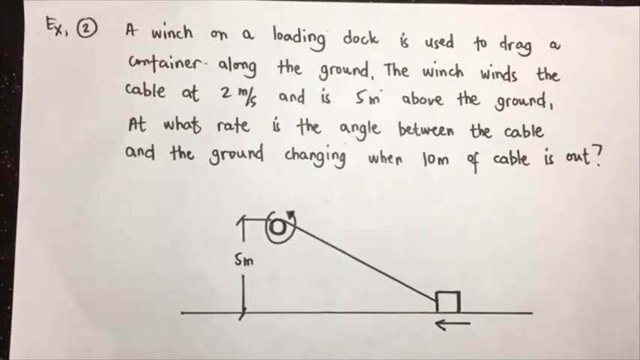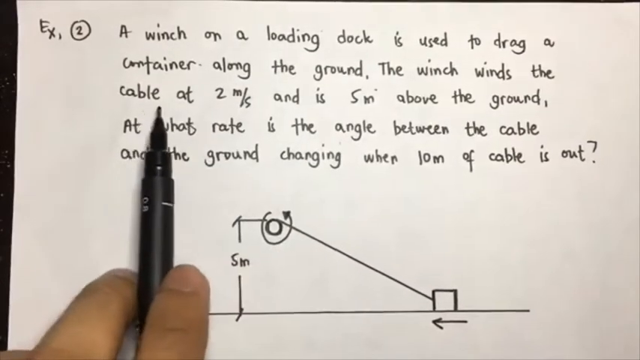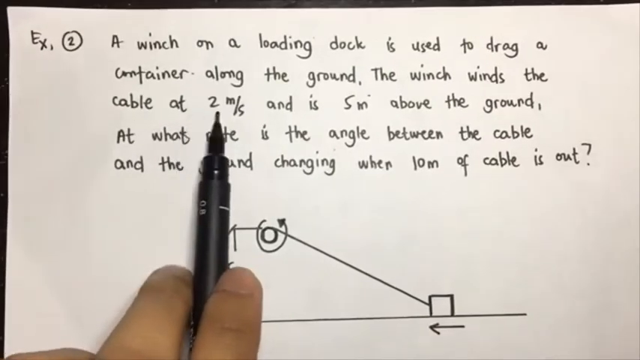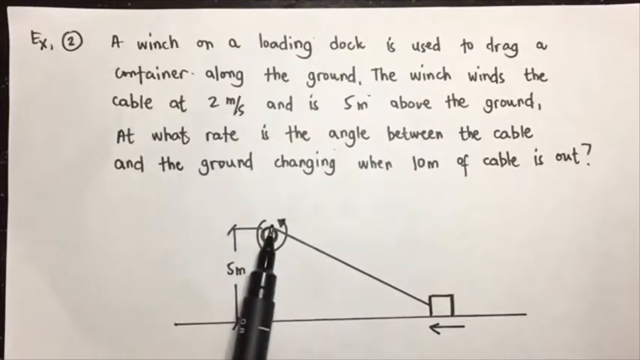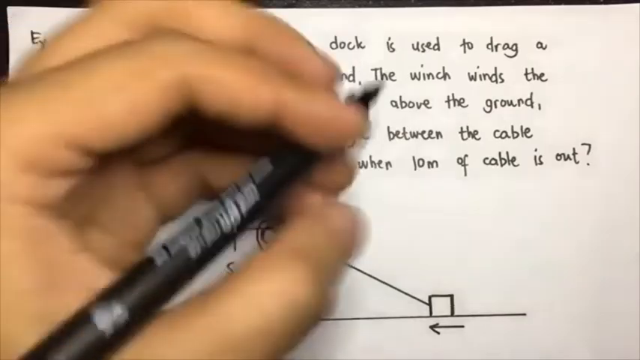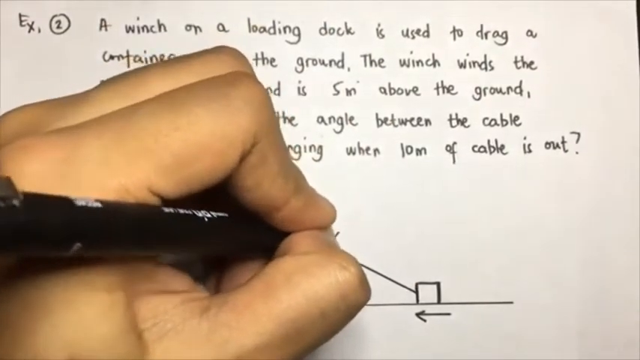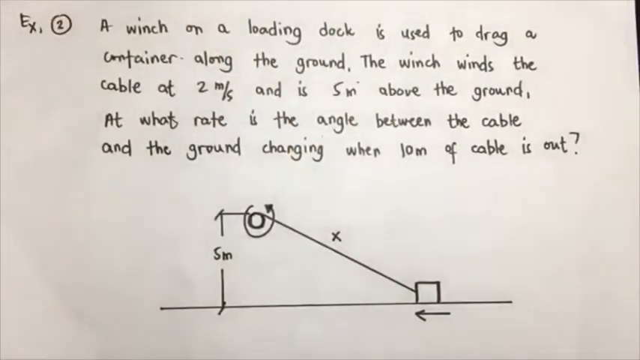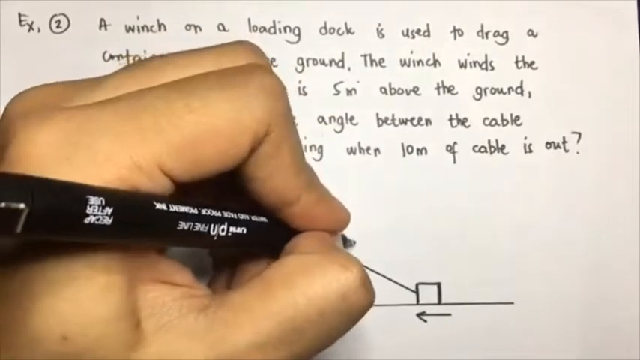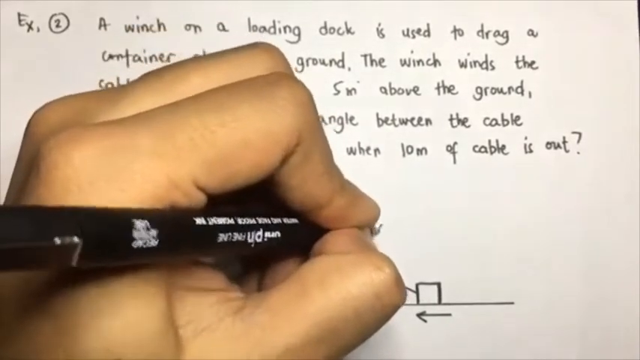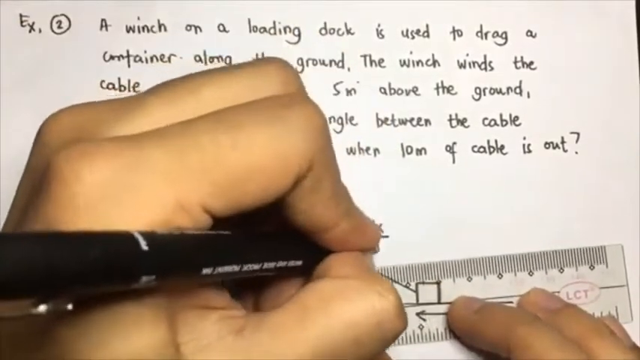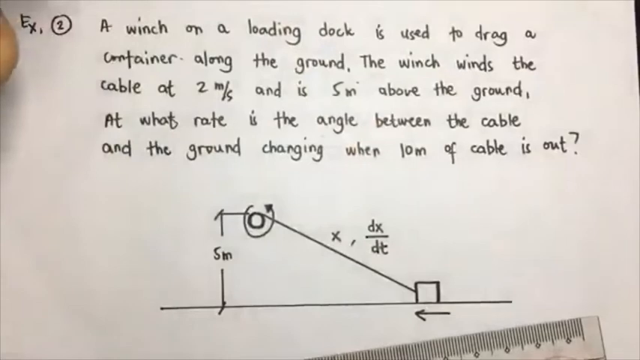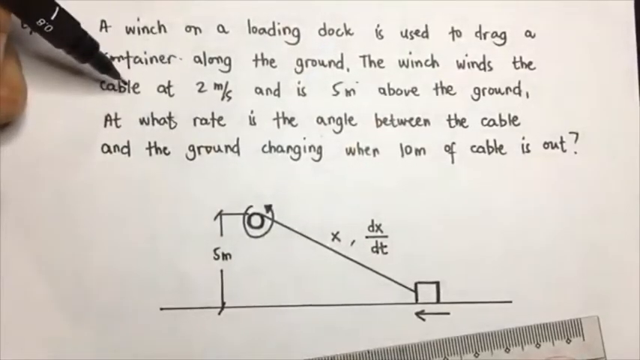So we are given that the cable is being wound at 2 meters per second. Let's say this length is x. If that is our x, then dx over dt, or the rate of change of the length of the cable, is